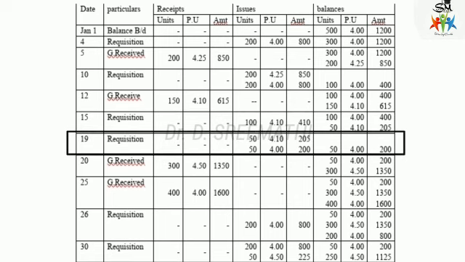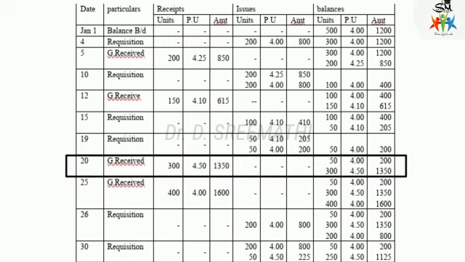And then again a requisition slip for 100 units. So here these 50 units we have to take at 4 rupees 10 paise per unit. So 50 units, 4 rupees 10 paise per unit. So the amount is 205. And then the balance 50 units we have to take from the 4 rupees category. So in the 4 rupees category, it is 50 units, 4 rupees per unit, and then 200. And balance is only 50 units left over, at 4 rupees per unit and 200.